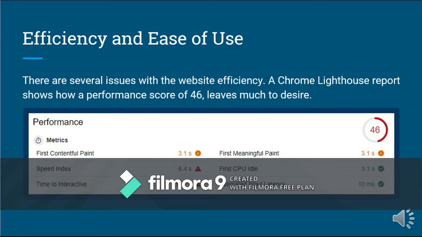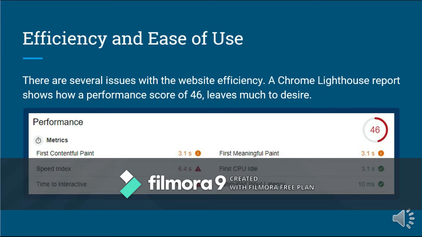The Lighthouse report that we got from Google Chrome developer tools was pretty clear, giving the website a score of 46%. This takes into account performance, accessibility, best practices, and of course SEO, that means search engine optimization. For that one, the website got 100.